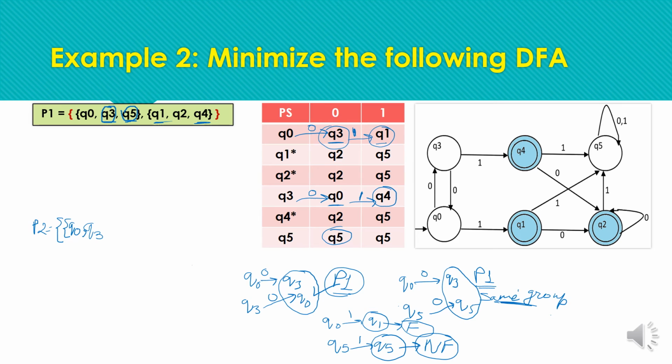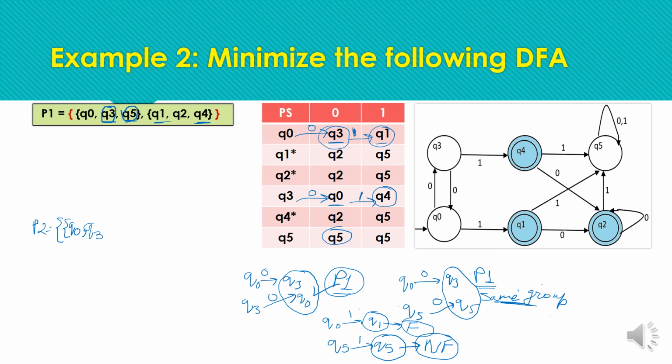Okay, they were compatible for input symbol 0, but they are not compatible for input symbol 1. The condition must be satisfied for all the input symbols, and here the condition fails for input symbol 1. So we cannot keep